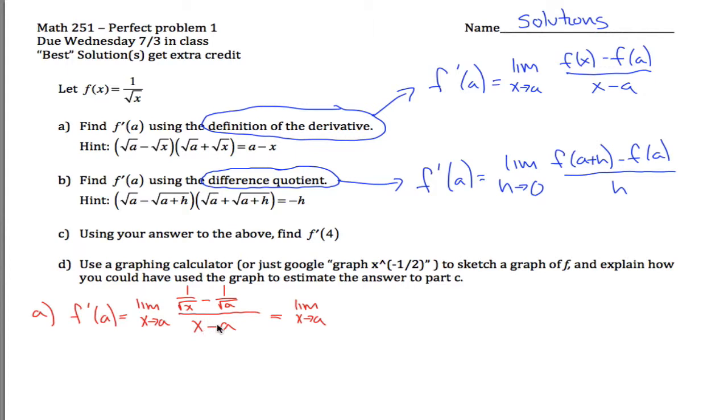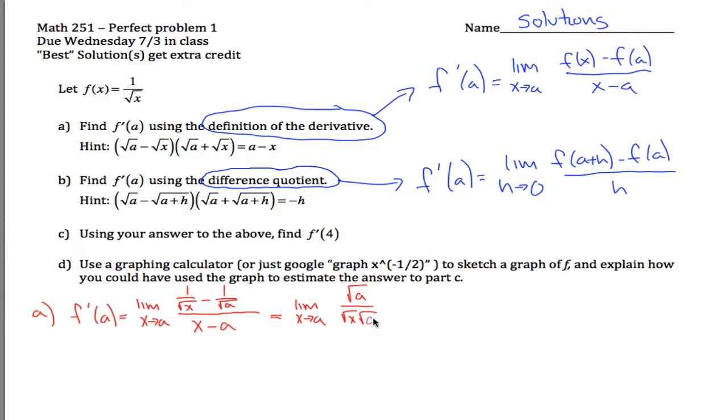We've seen things kind of like this in class where you have fractions kind of inside of a fraction. Really rational expressions is what I should call these. And what we did in the past is we said, all right, let's make this all one fraction. Let's get a common denominator. Well, the common denominator in this case would be square root of x times square root of a. In other words, I multiply this side by root a over root a, and this side by root x over root x. And if I did that, I'd get the square root of a divided by the square root of